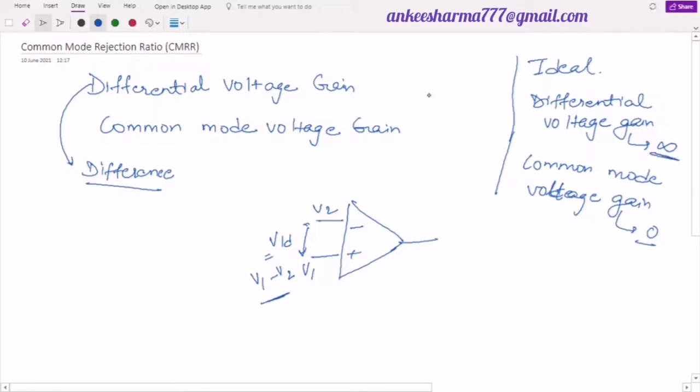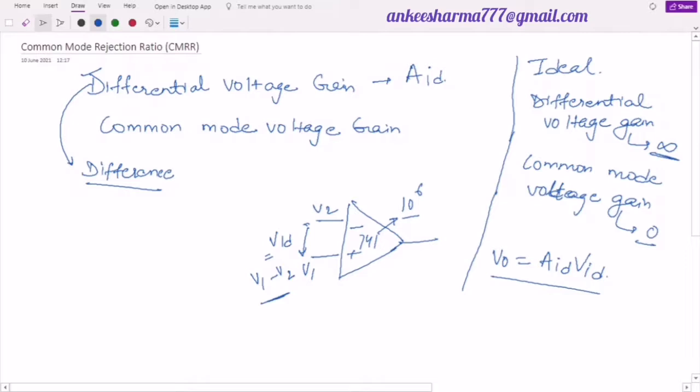Whereas in the case of a practical op amp, or the 741 op amp, we will find it around 10 to the power 6. So this is the one gain. We will normally denote it as AID. That is the gain. So I can say that in the case of my ideal op amp, my output voltage will be equal to the gain AID into the difference of the two voltages, that is simply VID. This is my output voltage in the case of an ideal op amp.